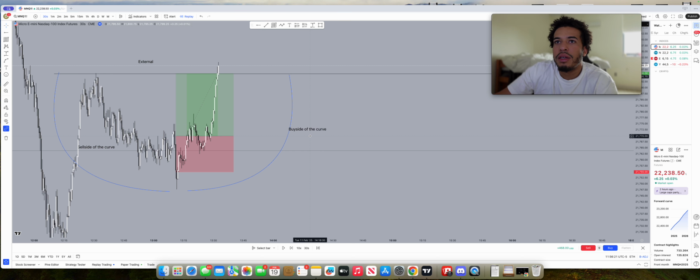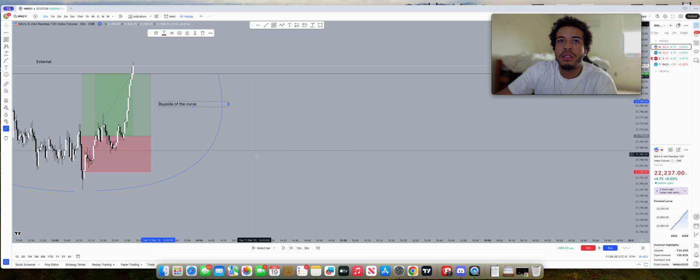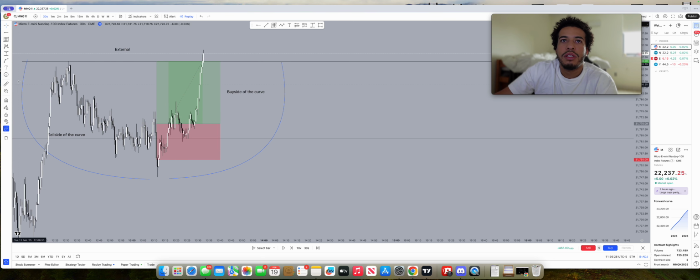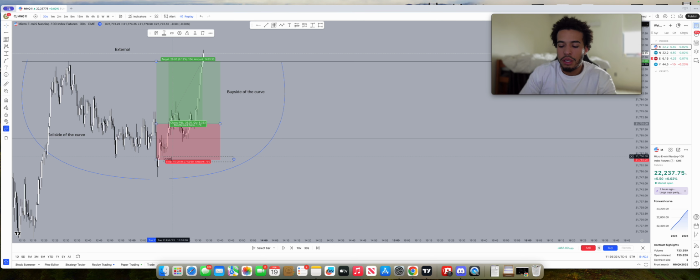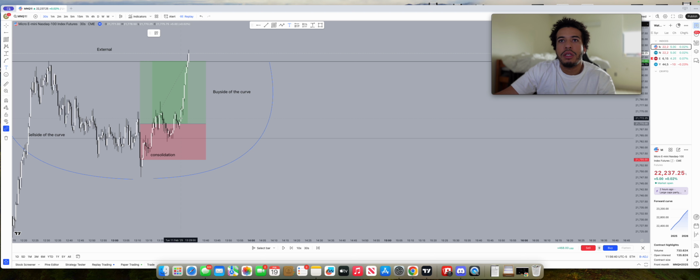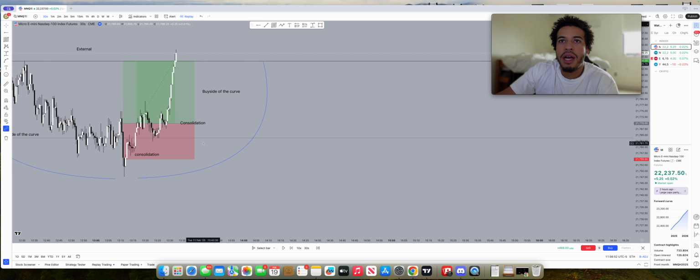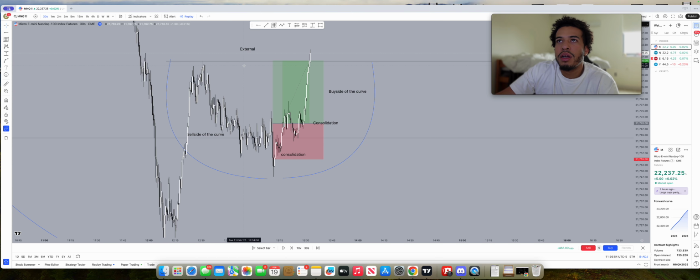This is the buy side of the curve. And as you can see here, there happen to be 2 consolidation points. The buy side was a little bit cleaner. So we have consolidation right here. It's kind of subjective, but consolidation right here, another form of consolidation, potential for another entry down here. So we have 2 consolidation points on the buy side of the model, and then we targeted this external liquidity,